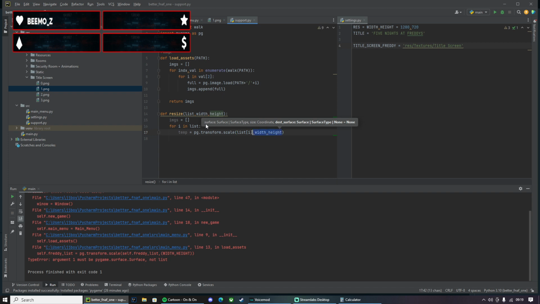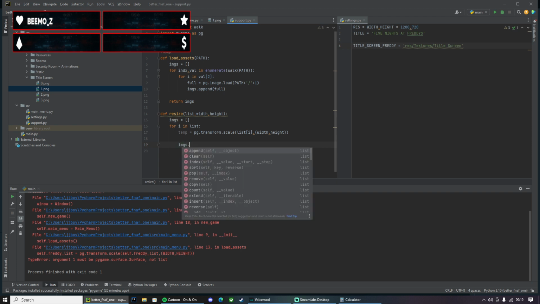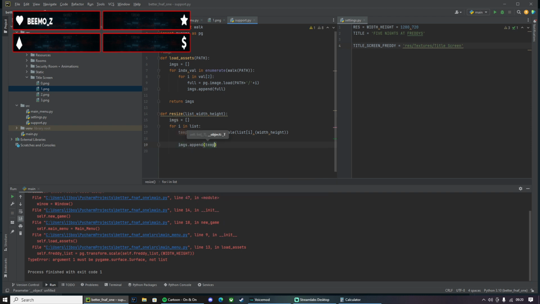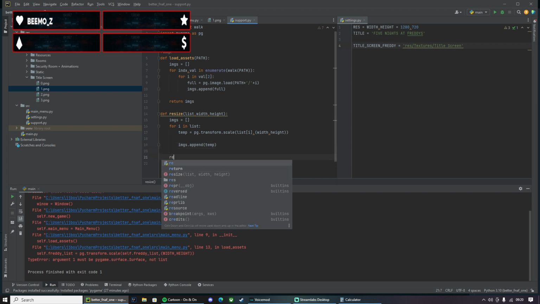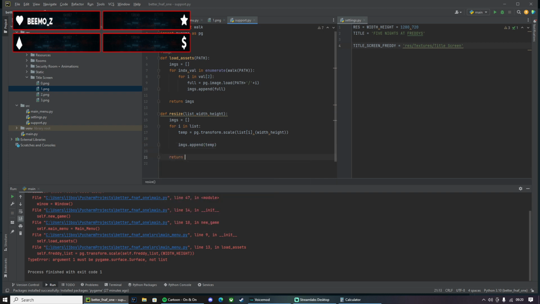I think this has to be in a bracket as well. And then append temp. So then we need to return temp. No images.